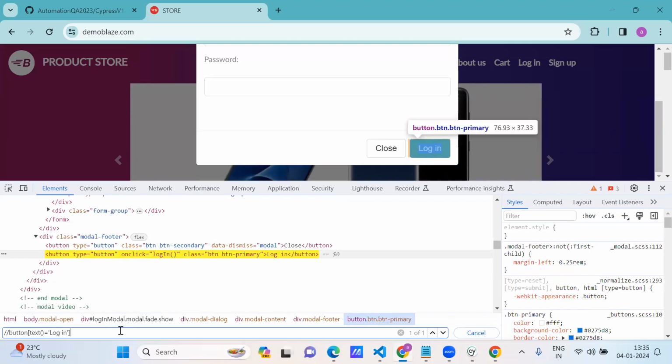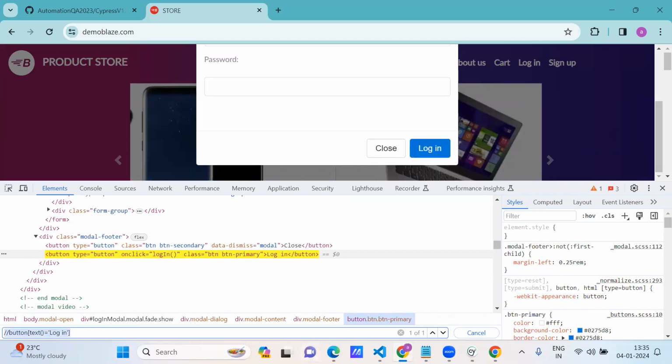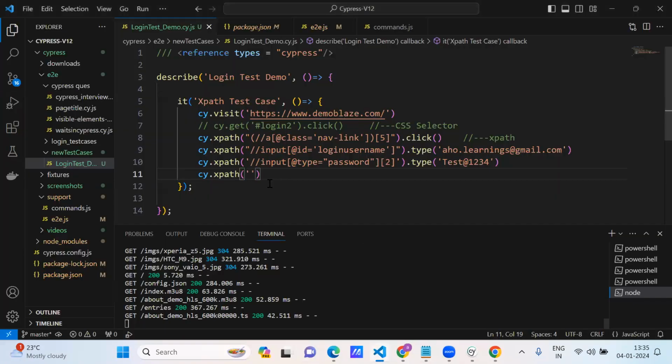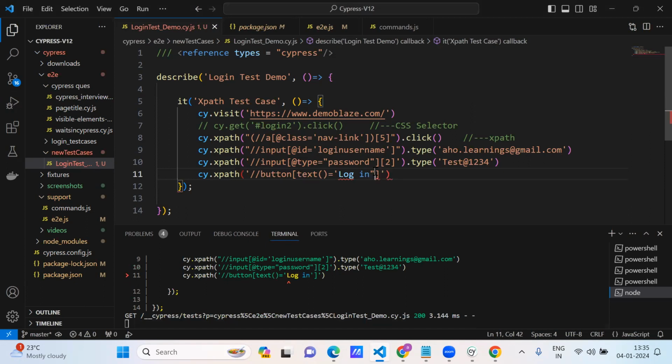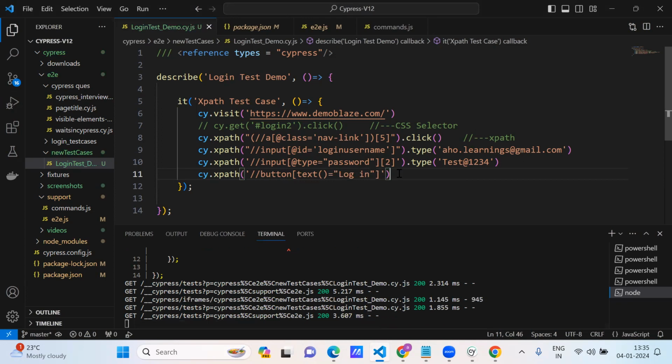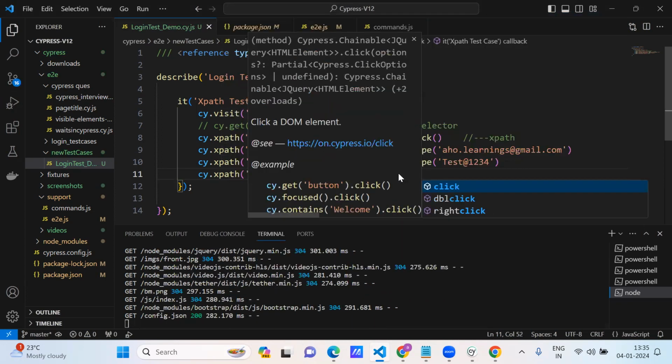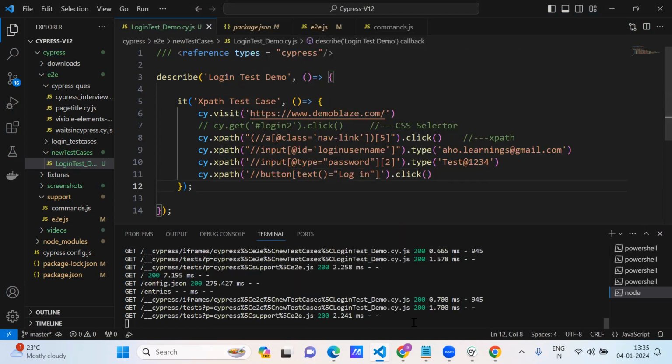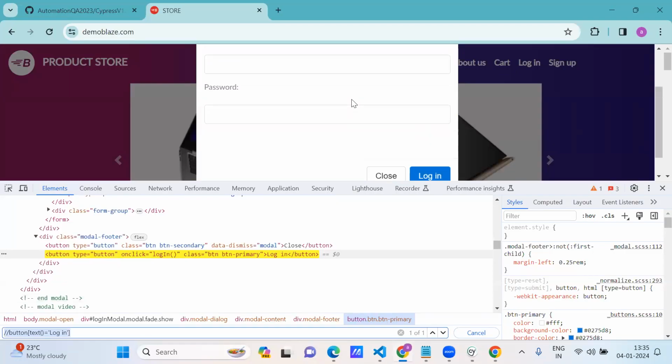Say one element is matched by text, the text of this button, not click. Okay. After clicking on this element,